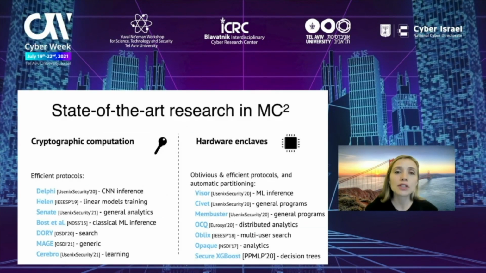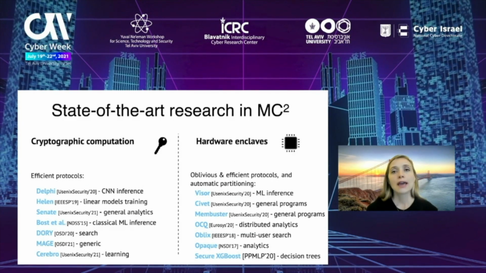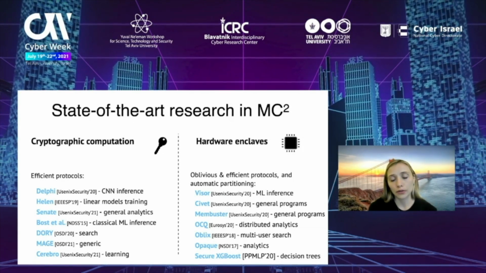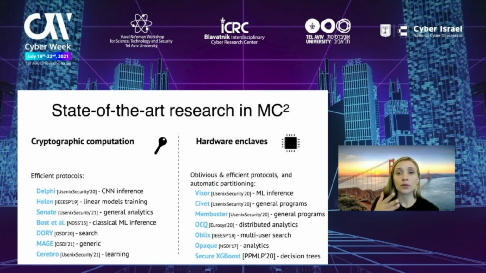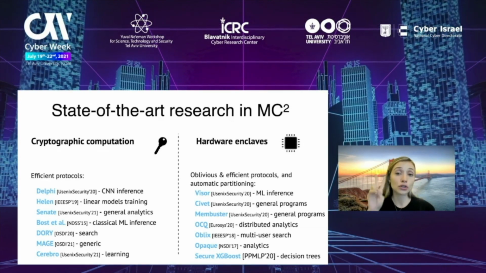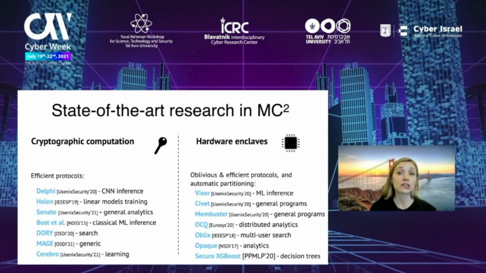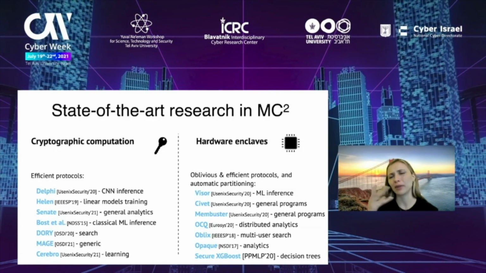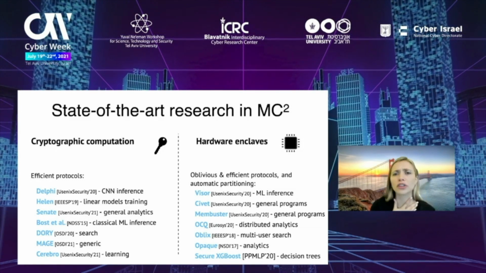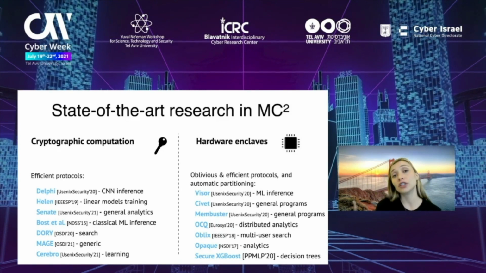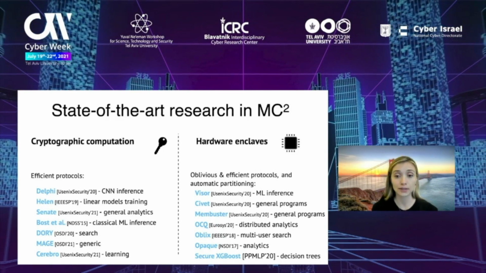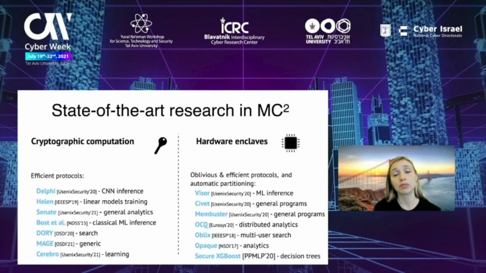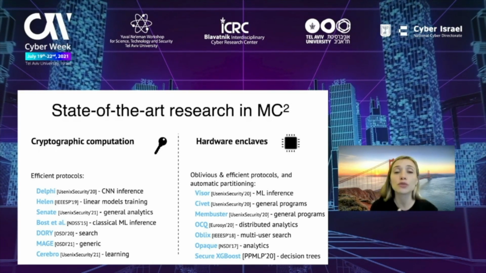So how does MC Squared actually work? And I won't go into a lot of technical detail, but I'll just give you a very, very high-level overview. Currently, in doing this kind of privacy-preserving computation, there are two main state-of-the-art technologies. One is purely cryptographic, such as you might have heard of secure multi-party computation or homomorphic encryption, and the other leverages recent hardware advances like hardware enclaves. And my students and I have done a lot of research over the past bunch of years on each one of these technologies because they have a trade-off.